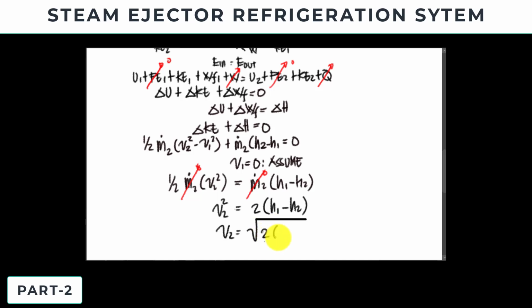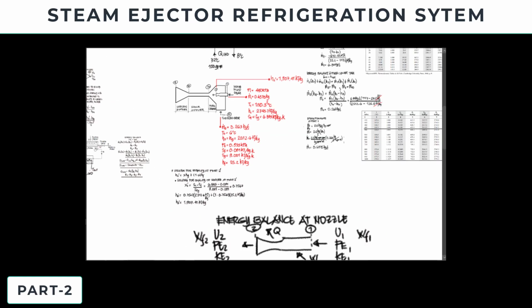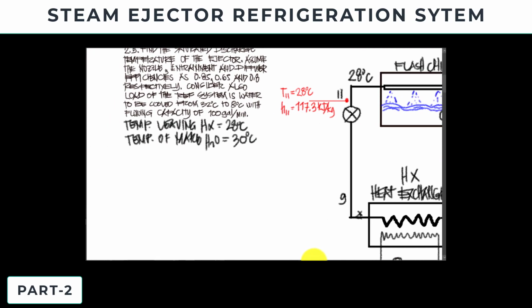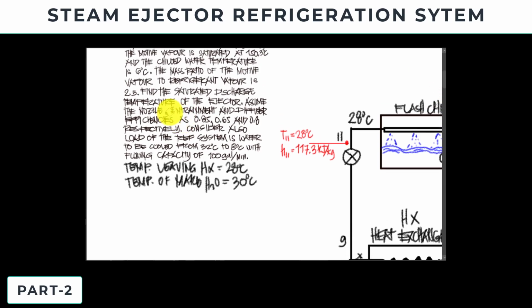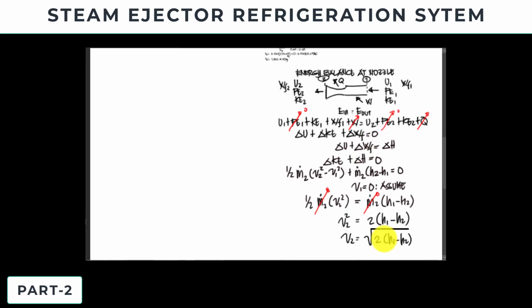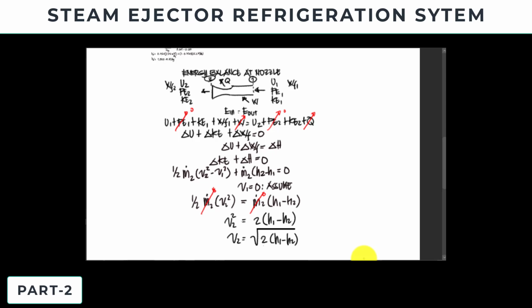That will be 2 times my enthalpy 1 minus my enthalpy 2. Now, going back to the problem, we have stated there that we have the following efficiencies. We have to assume that the nozzle has 0.85, the entrainment 0.65, and the diffuser 0.8 for the efficiencies. So, we'll be using the efficiencies to change the equation of my velocity 2. Now, for the nozzle efficiency,